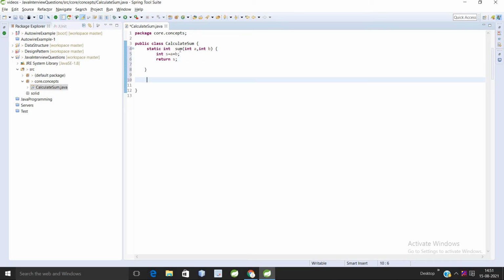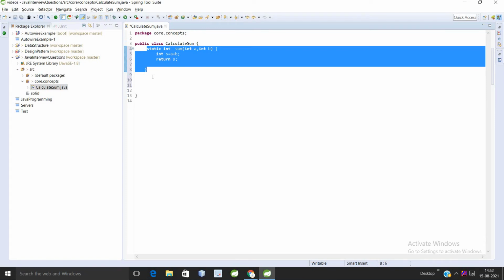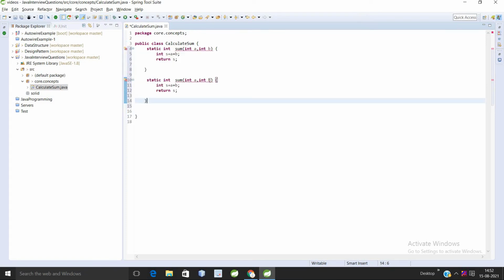This function will calculate the sum of two variables and return it. Now I want to calculate the sum with three variables, so we will have the same method. I will copy the entire method and paste it. But one thing you will observe here: duplicate method sum in type CalculateSum. So we are getting an error while pasting the same method. I want the name the same, but with one more parameter, int c. Now it's fine.